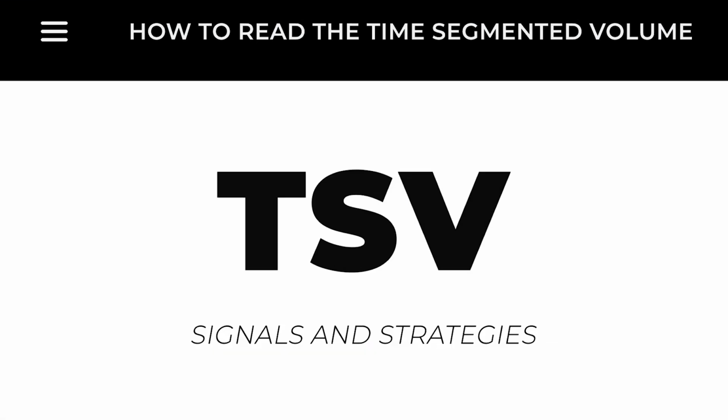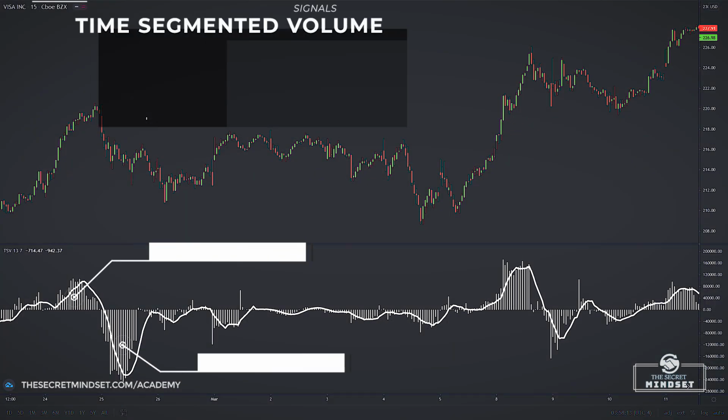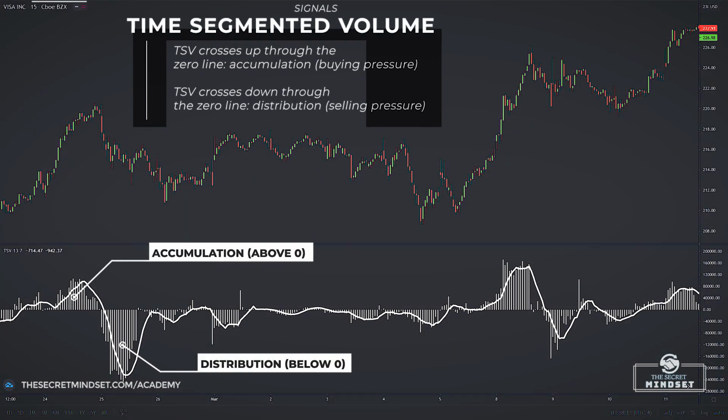Now let's discuss how to read the time-segmented volume oscillator. When TSV crosses up through the zero line, it signals positive accumulation or buying pressure. This action is considered bullish. Conversely, when TSV crosses below the zero line, it indicates distribution or selling pressure, which typically precedes a move down